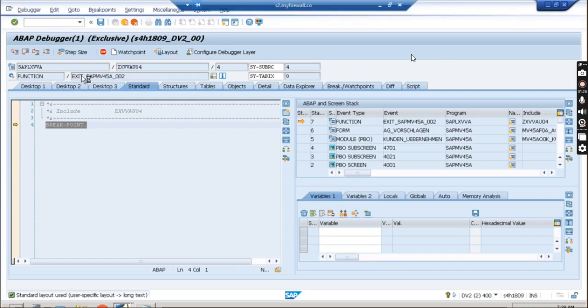This is the naming convention: EXIT underscore the calling program. SAPMV45A is the calling program, right? You can see that this is the program which is calling this particular customer exit. And then this is the name of the exit, represented by the three-digit number. Fine, so we'll go directly to this particular function module, and there we will write some piece of code